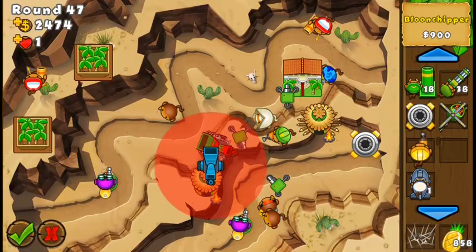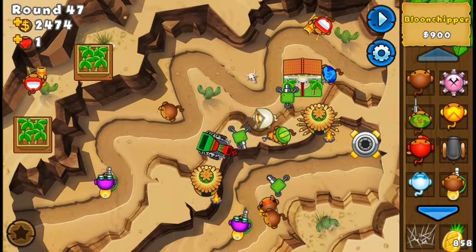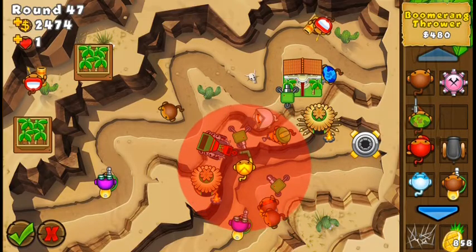And now, can I place a bloon shipper here? I think I can't. Okay. And now, round 48, you're pretty much prepared for round 49. That's another tough round, having a lot of ceramics coming in, mixed to other bloons. So